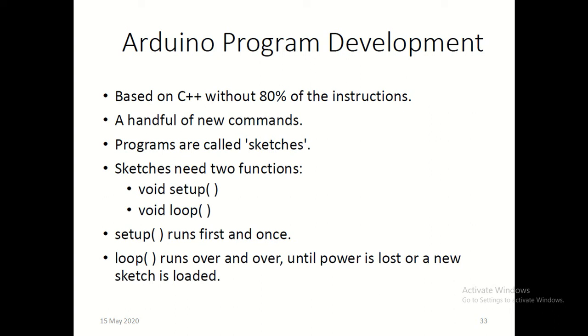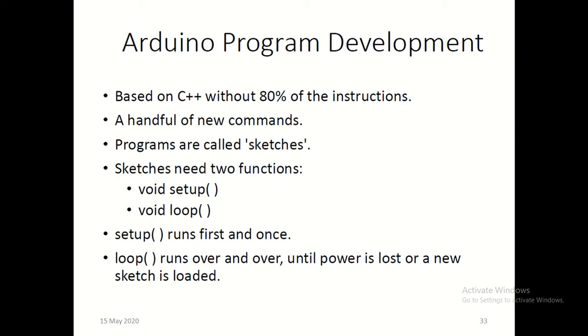The program here is called a sketch. Whenever we create a template, the template in this compiler is called a sketch, and the sketch consists of two sections, two functions. One is called void setup and the other is called void loop. So that is called a sketch. We all know every compiler, every language has its own minimum requirement. As far as this Arduino programming environment is concerned, it has only two requirements: one is called setup, the other is called loop.